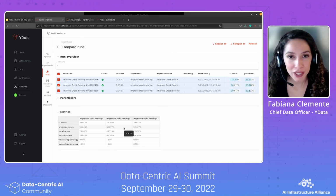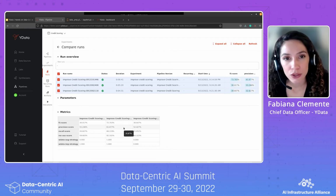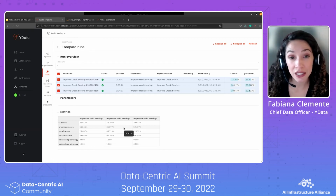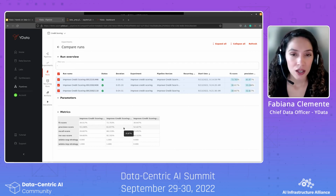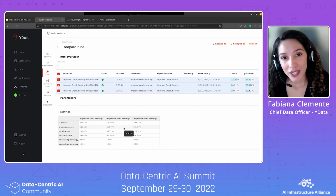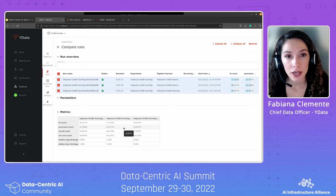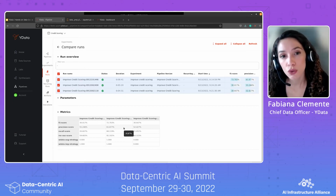So for the process of augmenting or balancing my classes, I've decided to use synthetic data generation, and that was the key to ensure variability and generalization at the level of the augmentation. In this case, we are using YData proprietary synthesizers. As they are data-driven synthesizers, they are able to learn what the population of the data fed into the synthesizer looks like, and then generate synthetic records or fake records that do match the behavior of the original events or